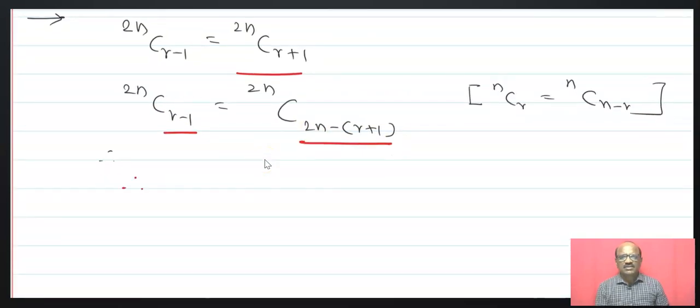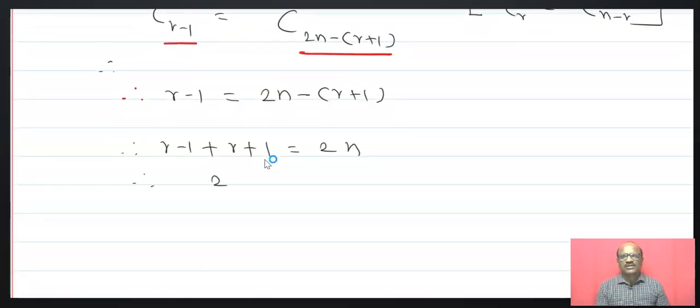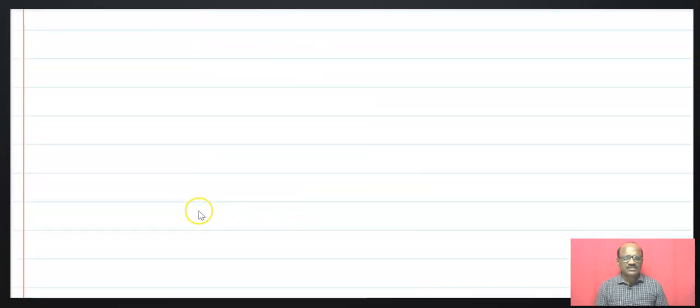That is r minus 1 is equal to 2n minus (r plus 1). That is r minus 1 plus r plus 1 is equal to 2n. Now 2r is equal to 2n, as plus 1 and minus 1 get cancelled here. Therefore n is equal to r. This is the answer. Now next is